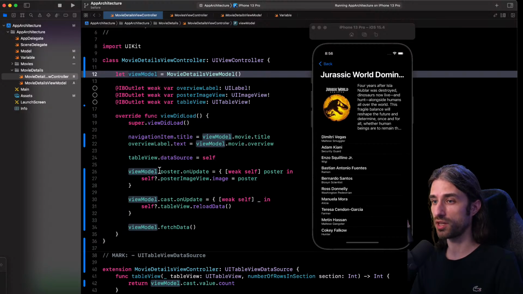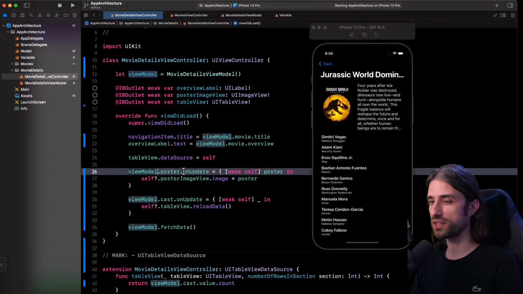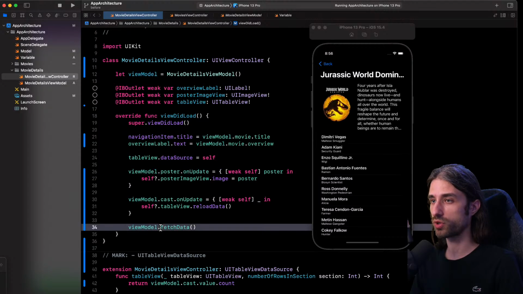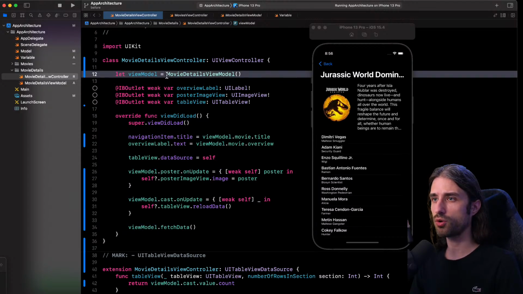By how to use it, I mean which onUpdate closure to set and which method to call to get the data. But the view controller also needs to know how to create it. And I want to get that responsibility of how to create the view model outside of the view controller. And this is actually what we call dependency injection.